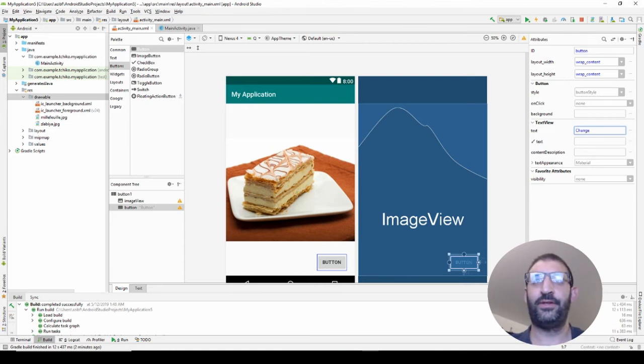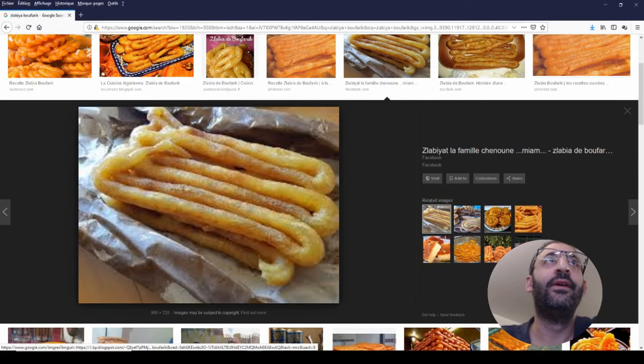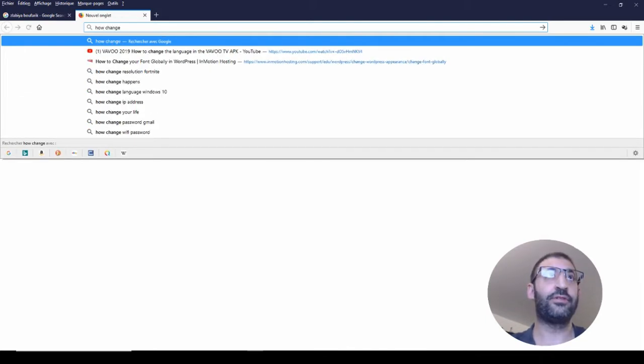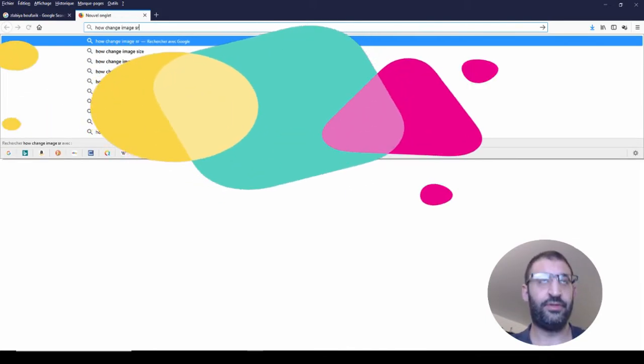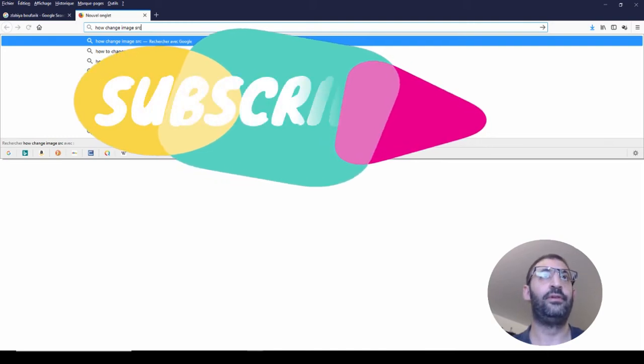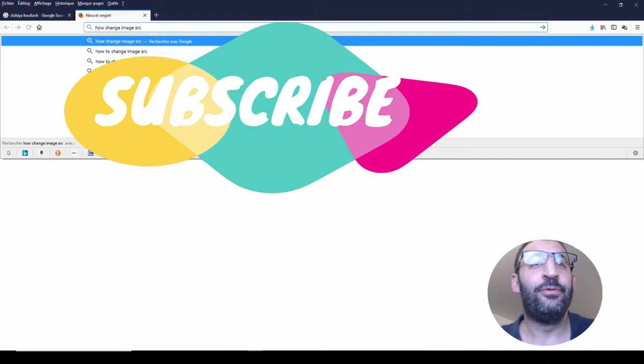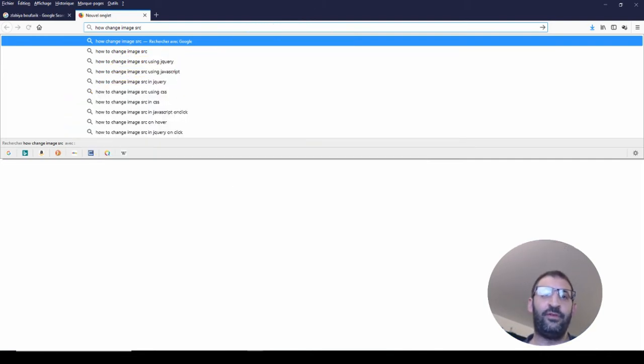Change. I will go to Google, and here I will ask how to change image source. And where I want to change the image, in other words, you must specify the environment or the technology or the programming language, okay,